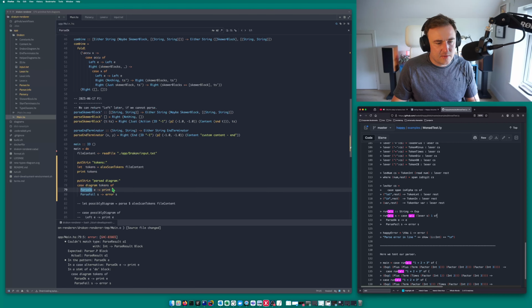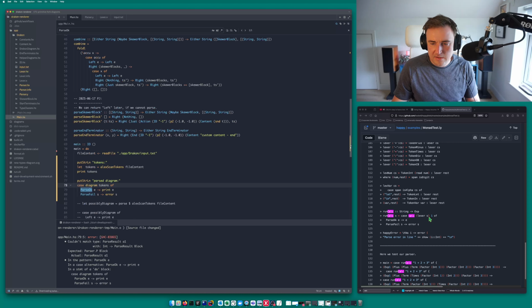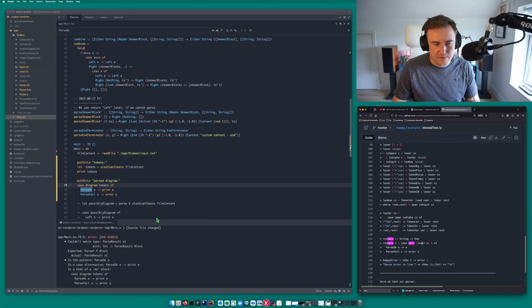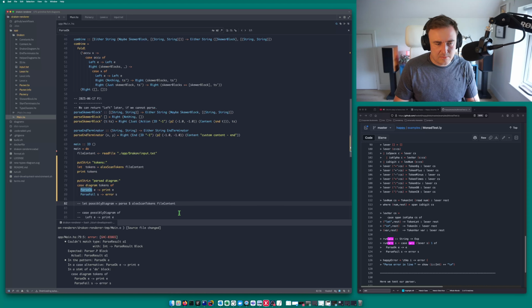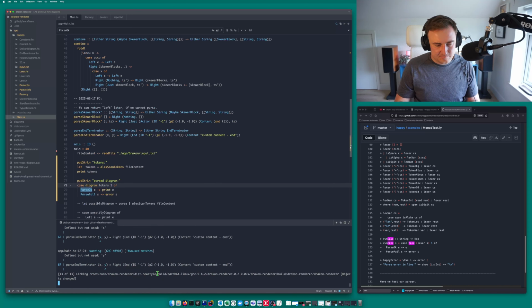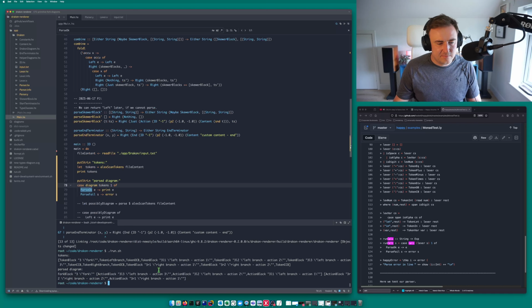Oh, sorry. That should be one. So the diagram does get parsed.